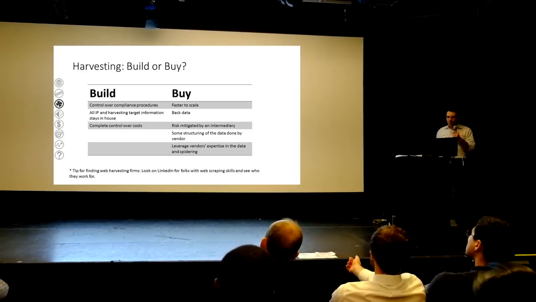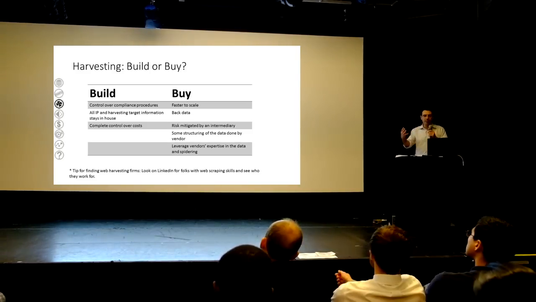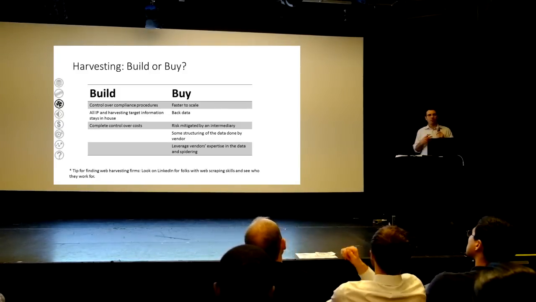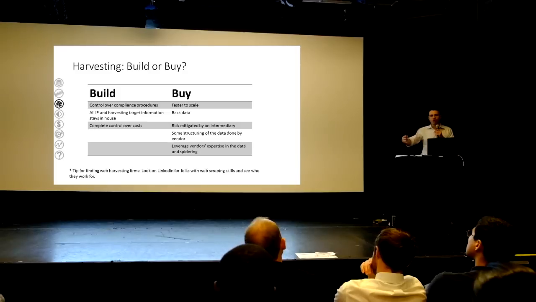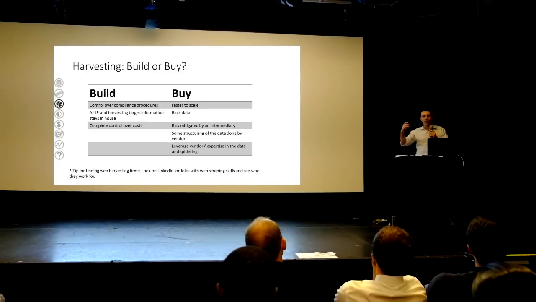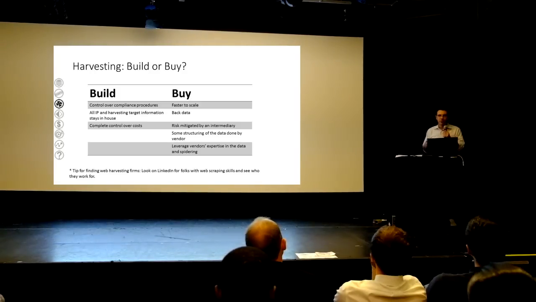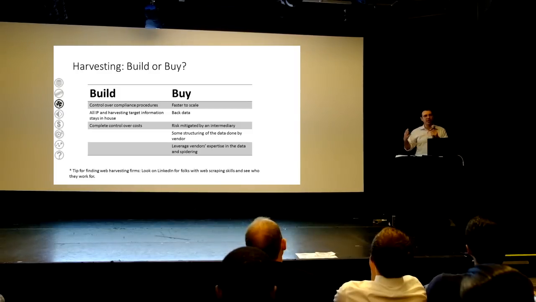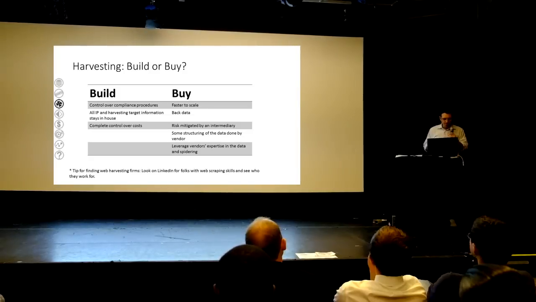But on the other end, when you buy the data, obviously one of the biggest advantages is they have the back data, right? If you start scraping today, you don't have the back data, they do. Moreover, they can help you structure the data and understand the data in general. Let's say we're looking at Craigslist, right? Why are there twice as many apartment listings per capita in New York than in San Francisco? Your R&D team can spend weeks or months trying to answer that question if you're doing it yourself, or you go out and buy the data and they'll tell you that it has to do with the broker dynamic between the different cities. Just that piece of knowledge is a lot of cost savings right there.